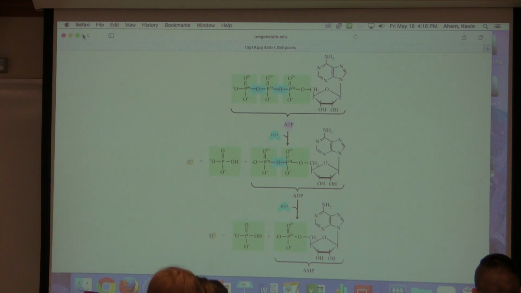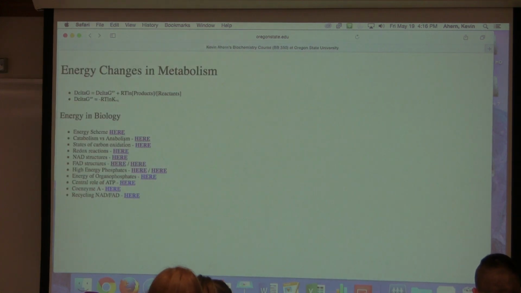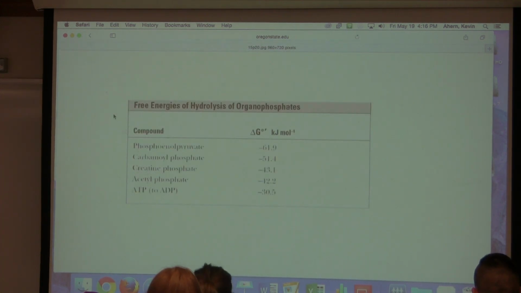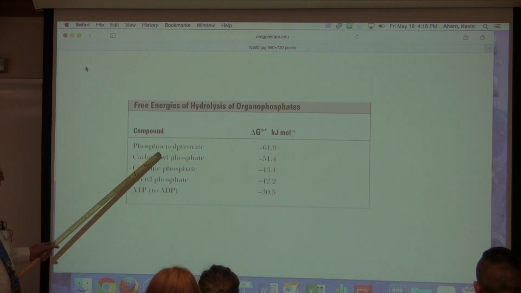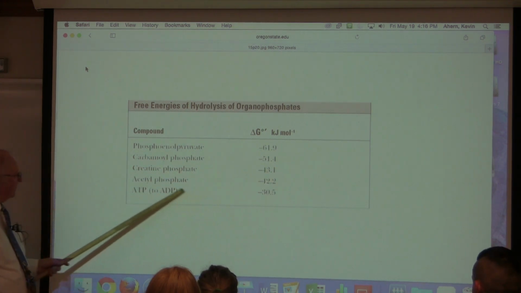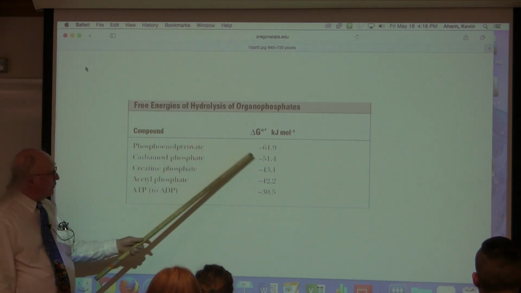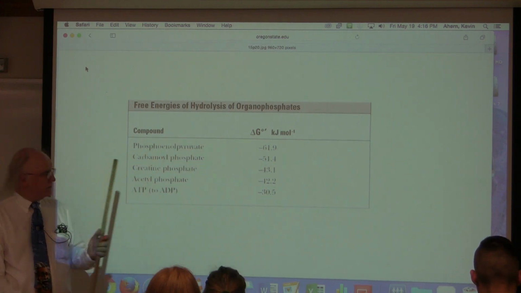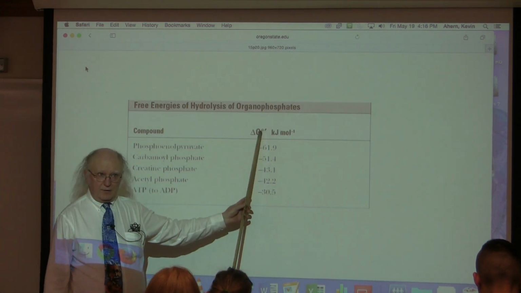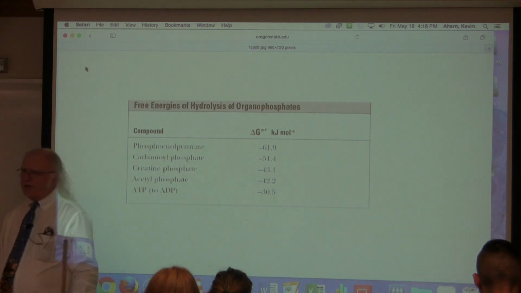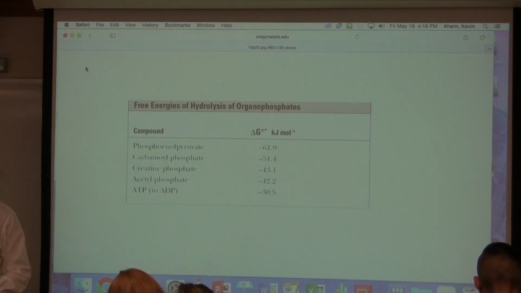Okay, so these are some molecules that we're going to be talking about a little bit in the days ahead. And you can see these guys have some incredible energy. The more negative a number is here, so these are Delta G zero prime values, right? So the more negative a Delta G zero prime value is, the more influence it's going to have on that delta G